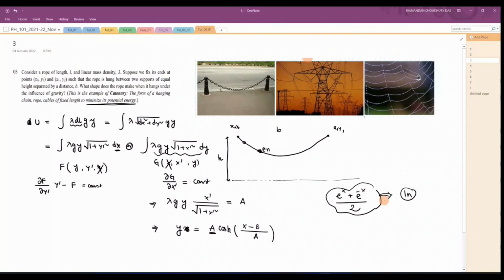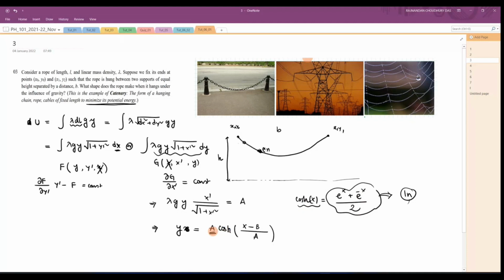Whenever you get a logarithm, you take the exponential part, e to the power part, and you will reach something like this. Cos hyperbolic means e to the power of x, so the definition of cos hyperbolic x is basically this. After you get your logarithm, you convert it again to exponential form. Then you have to use cos hyperbolic x is equal to e to the power x plus e to the power minus x by 2. This is the definition of cos hyperbolic x. You will get the same equation.